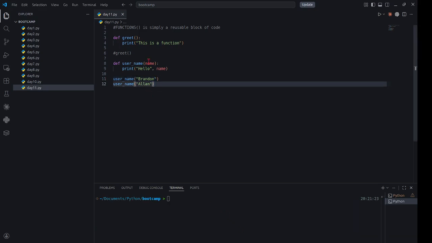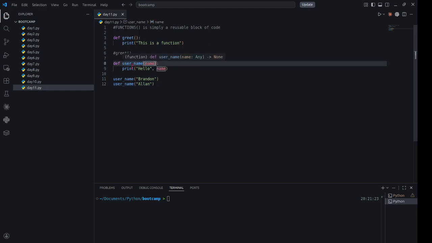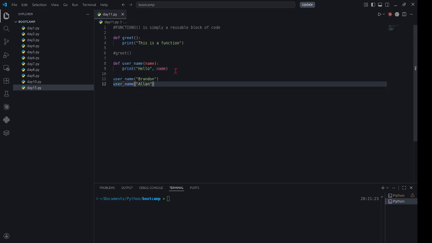Right. So here this word name is called a parameter, right? A parameter is simply a variable waiting to receive information. So the function is receiving information from outside the function. We take this parameter and use it inside our function, and then print hello name. The function prints whatever value is stored inside this variable name,